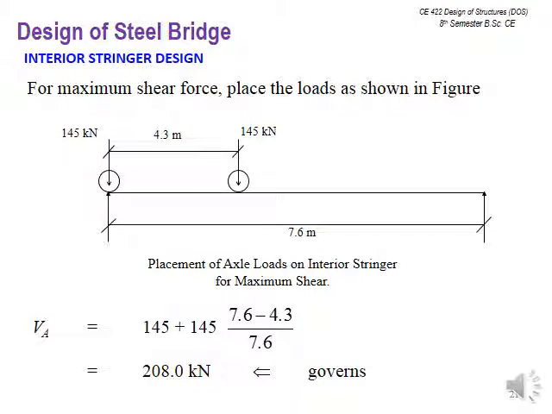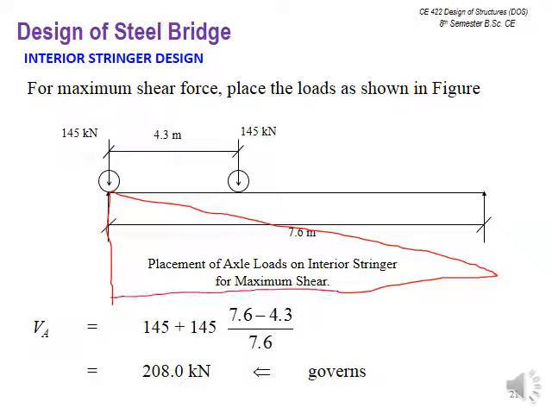Similarly, for the shear, it is the maximum ordinate. There is no other option for the shear case, because the maximum ordinate is always 1. It is on the extreme side, and you are putting only 2 wheels, because the third wheel will be outside the span. So only 2 wheels are possible on the stringer. Here 145, 145, 4.3 is the internal distance. You get 1 wheel on the maximum ordinate and 1 on the other side. There is no other option for the shear.